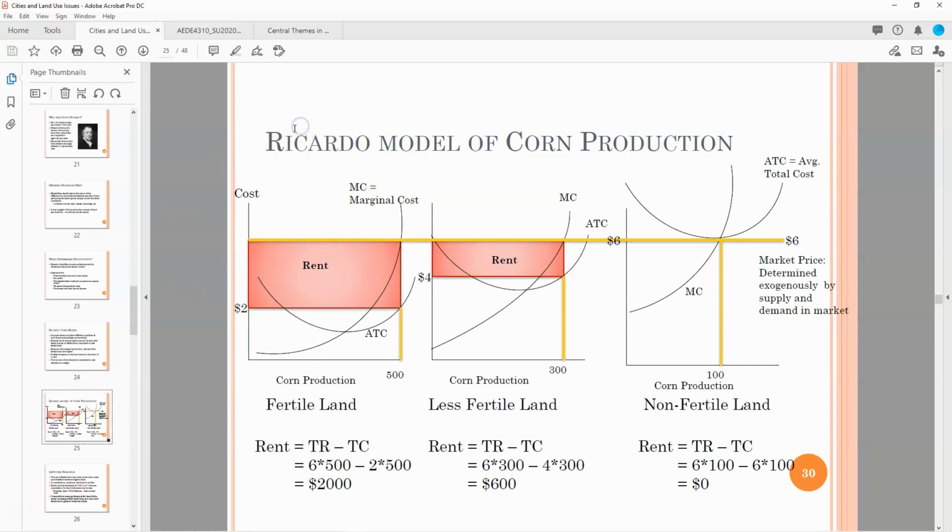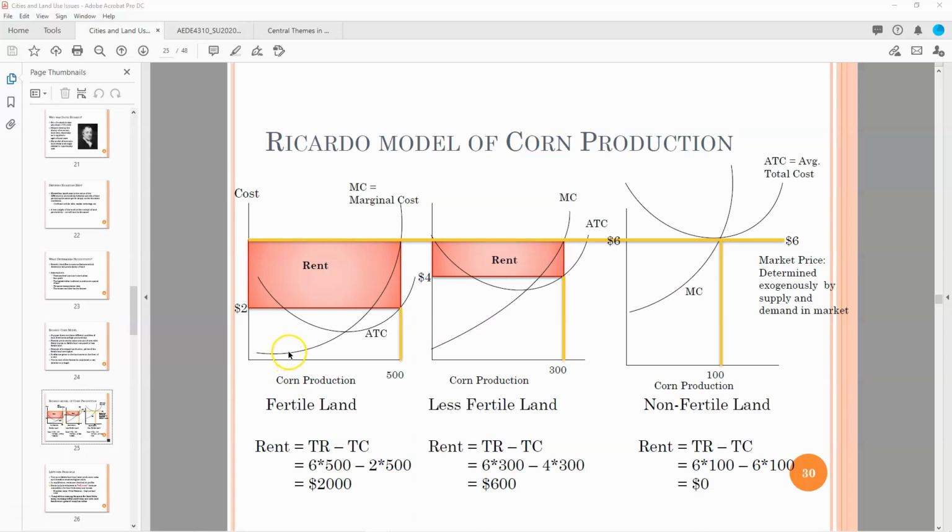Here are the results from Ricardo model, and basically we just want to compare the profits for farmers from different lands, and we will start from the first graph. The market price for corn is $6, and the marginal cost is this line. The average total cost is this line. The intersection of marginal cost curve and the market price is our market equilibrium. So for the first graph, here is the intersection, and the corresponding quantity is the